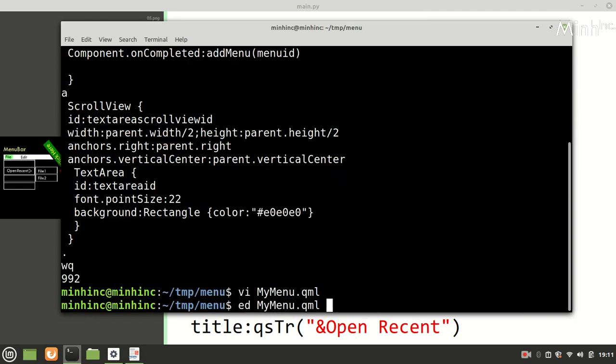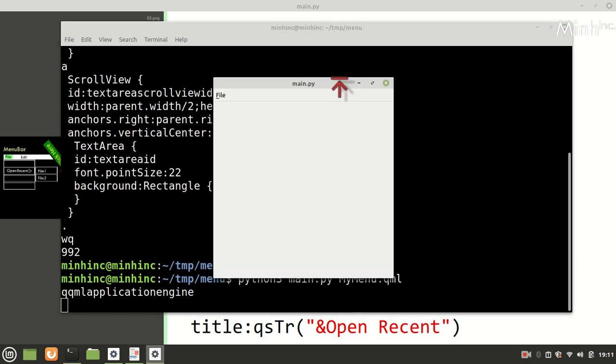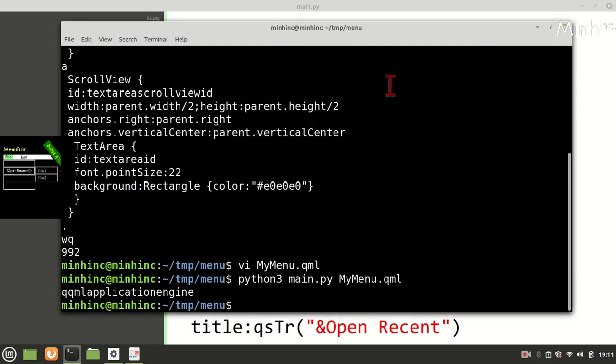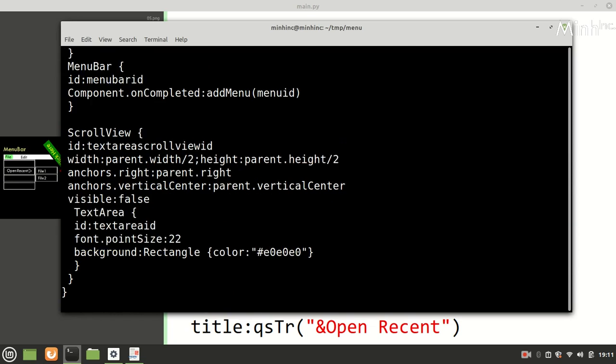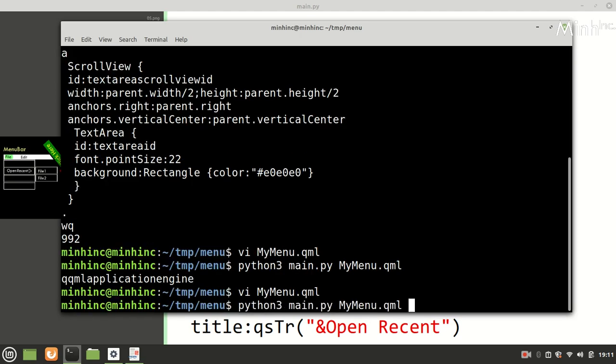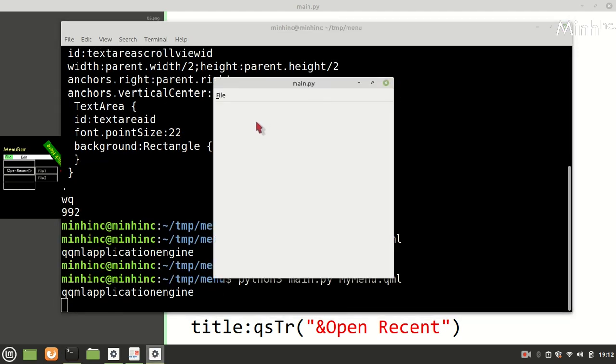So we'll execute. Okay, it comes. We'll say new, and it should be visible. There is one area. Okay, I'll click again.